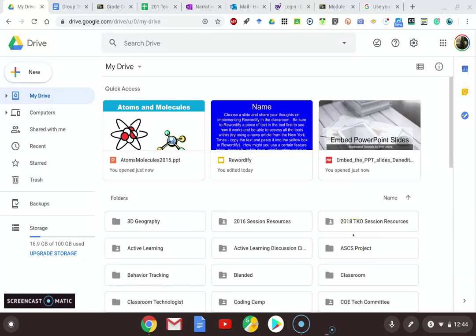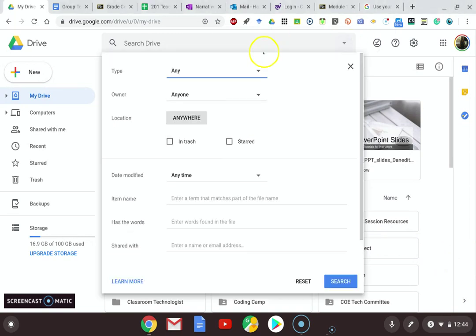So there's a few things I want to show you about Google Slides. Keep in mind that Google Slides is essentially the equivalent of Microsoft PowerPoint. And there's just a few features that I think have something more to offer than PowerPoint that I want to show you. Okay, so one of the things that I like is that if I go out here into any